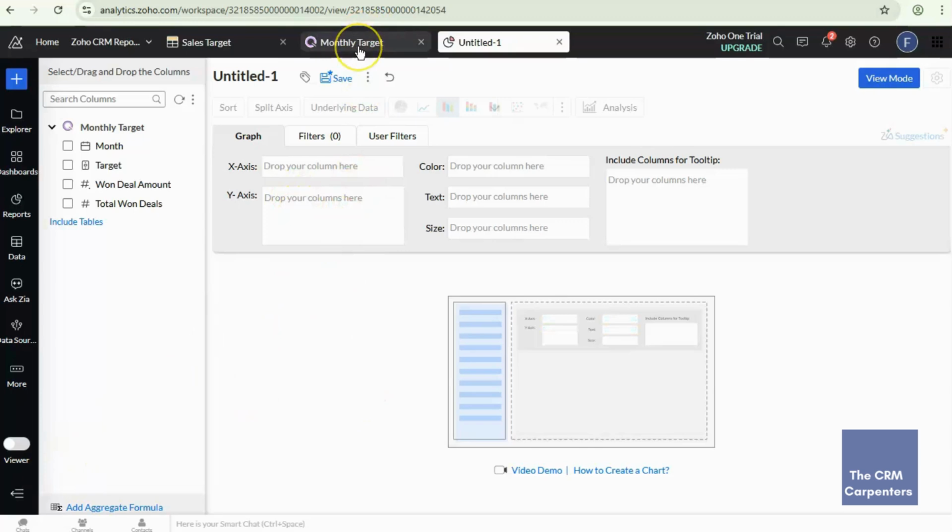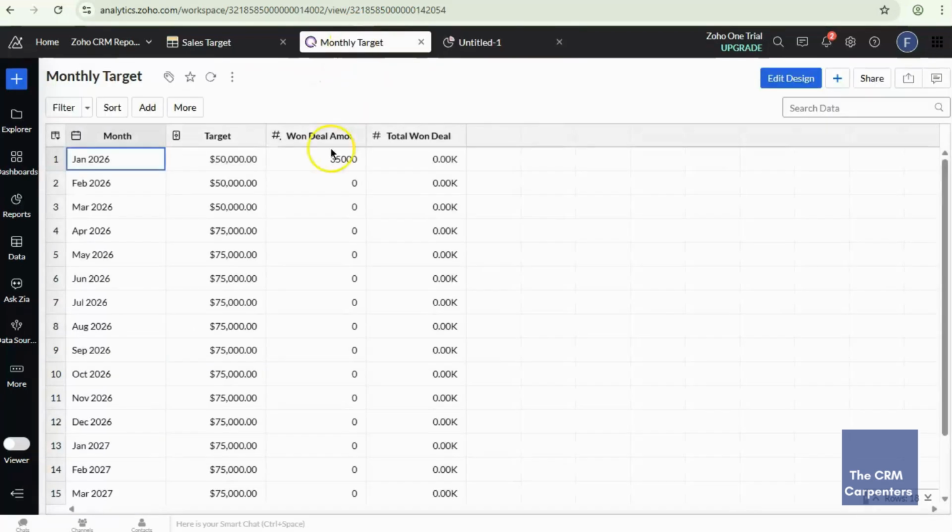So from the query table, the monthly target as the source. But this column, this is the current deal amount or the exact amount that you have here in the deals.